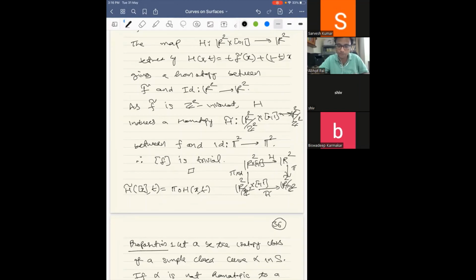Suppose I take this, so if you consider the sum, the point is that this will induce a map H tilde from R to